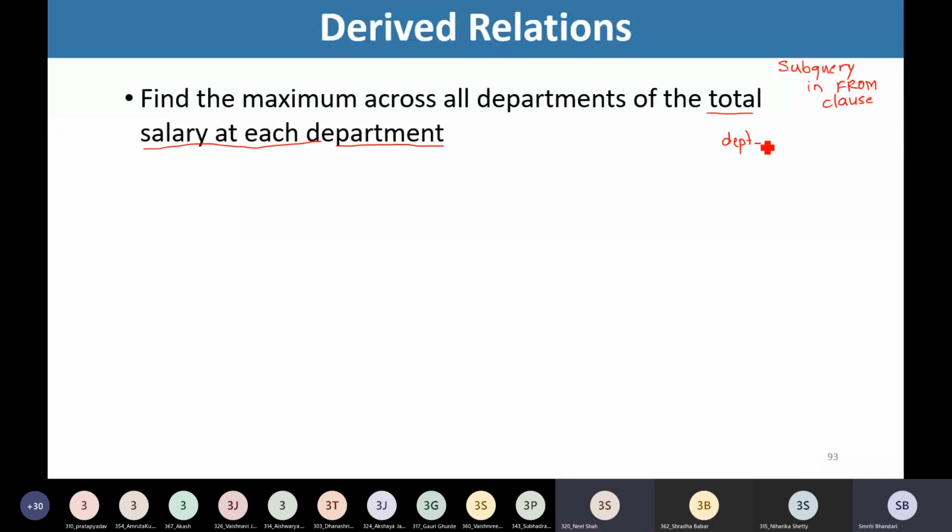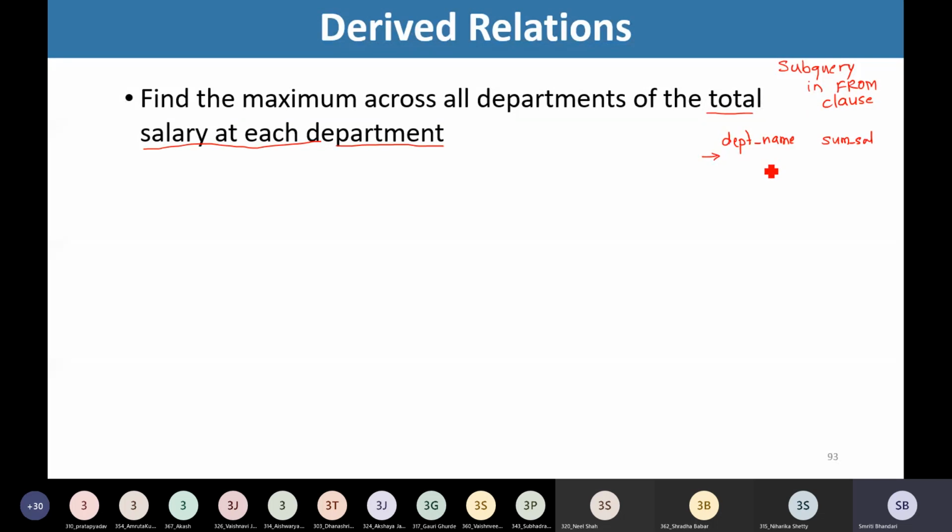So we want the intermediate result like department name and sum of salaries, right? So we need to have department name and sum of salaries of the instructors belonging to that department. That is the first part that we need to compute.